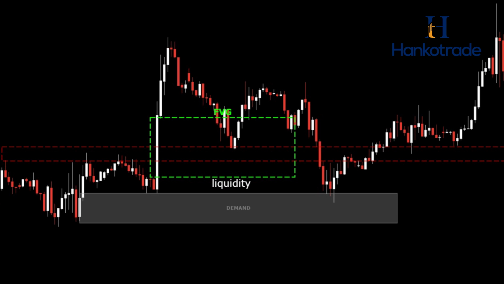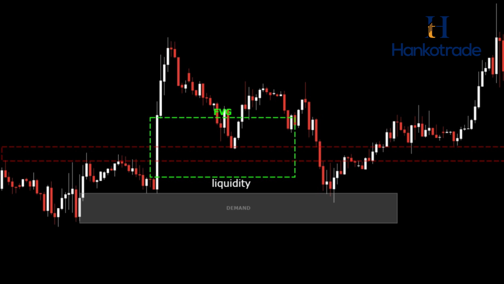They provide valuable insights into where market participants are likely to have placed their stop-loss orders, which can act as potential targets or areas of interest for our trades. Remember to incorporate this understanding of liquidity areas into your trading plan to enhance your decision-making process and increase the